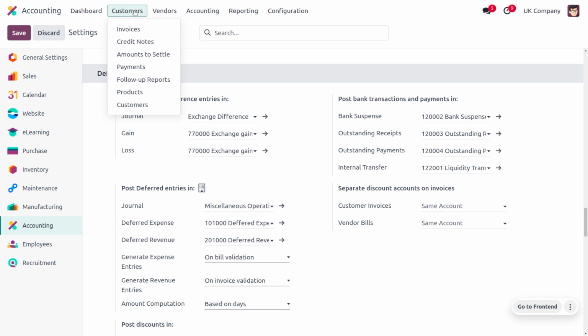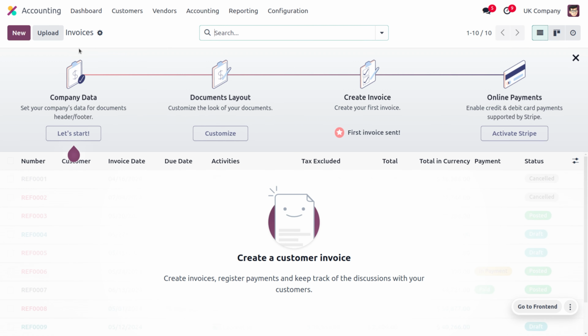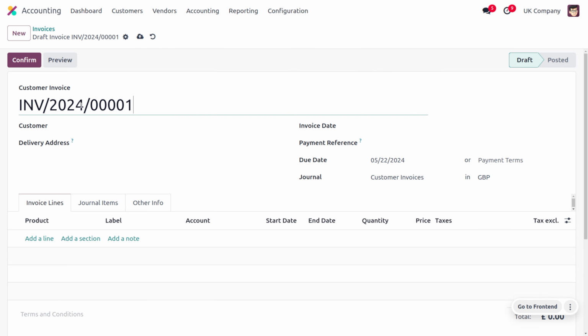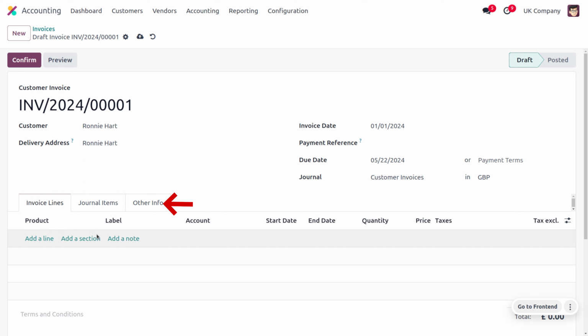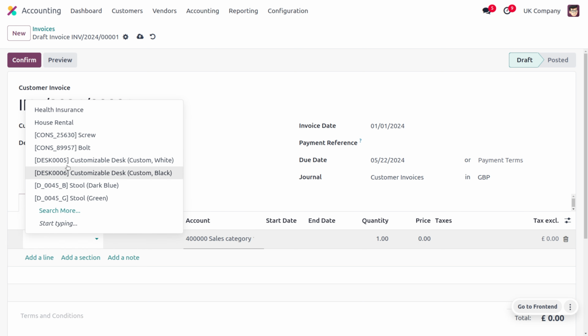Later on, you can move on to the customer invoices, and there you can create a new invoice. We just need to designate the customer and the invoice date. The customer is going to take the service of software maintenance for 5 months. It starts from 1st January, and here you can choose a product, which is software maintenance.